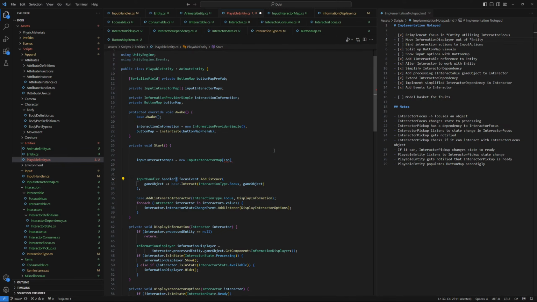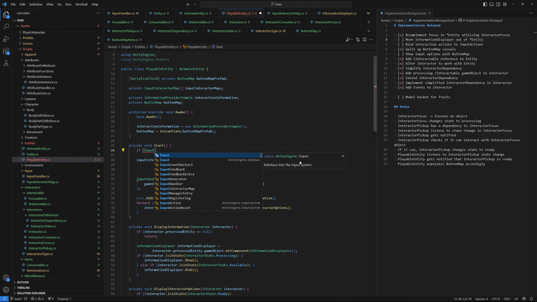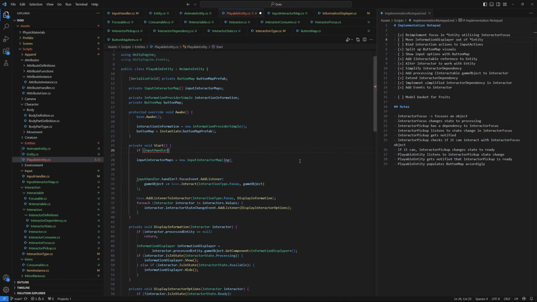Don't want to do this anymore. So if input handler is not equal to null,